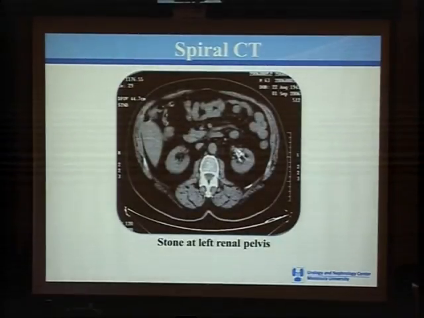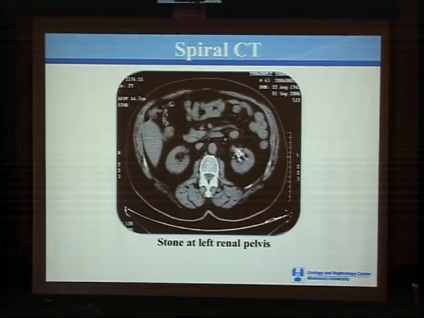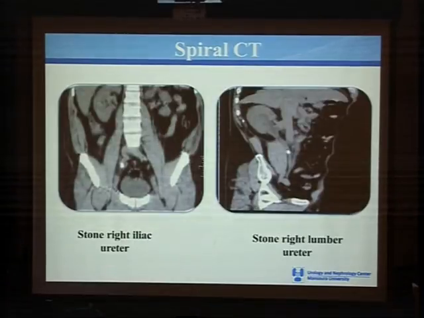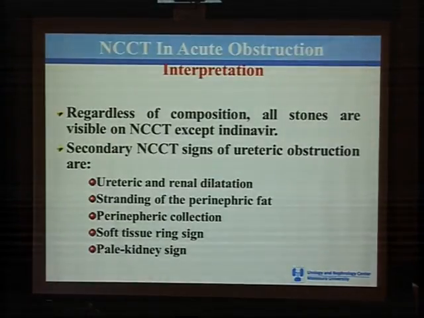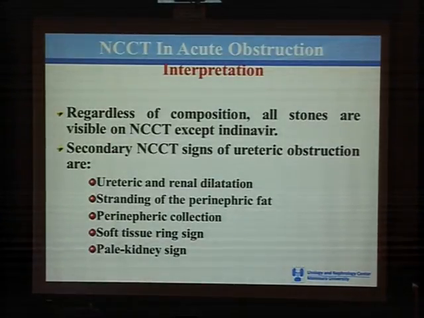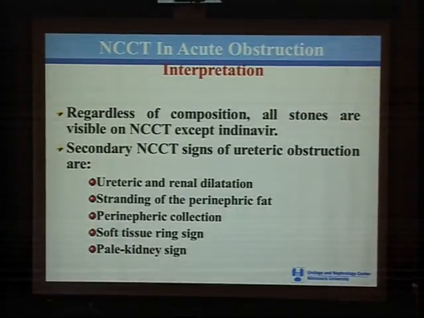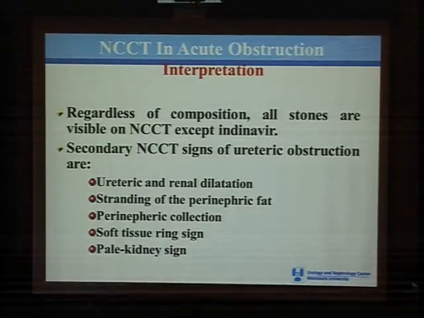This is an example of non-contrast CT showing a stone in the renal pelvis. Another example here, a stone in the right iliac ureter. Here, a stone in the right lumbar ureter. And regarding interpretation, the non-contrast CT can see all types of stones regarding their chemical composition, except only one type,